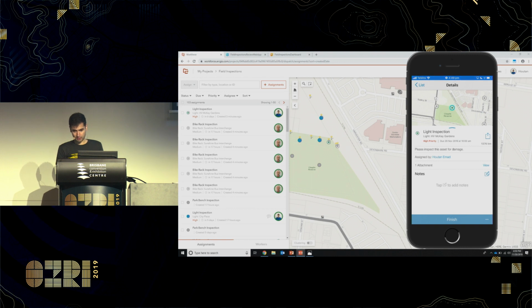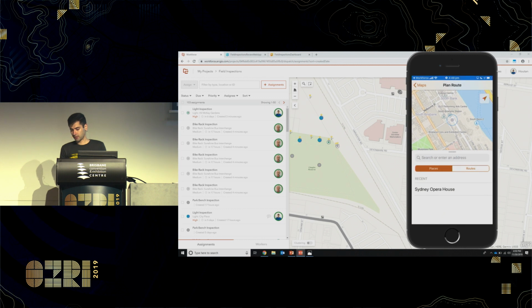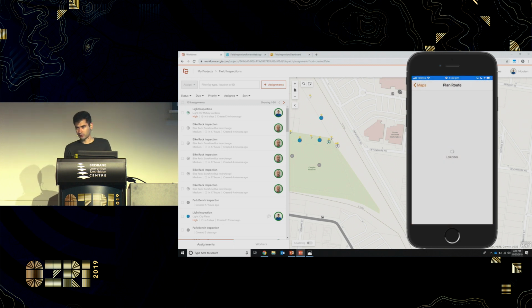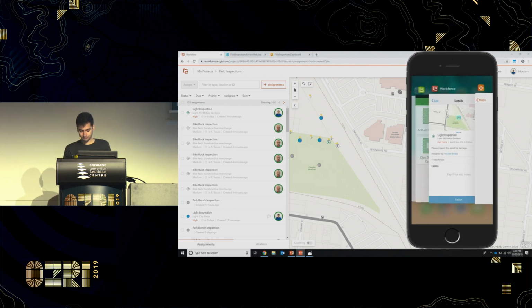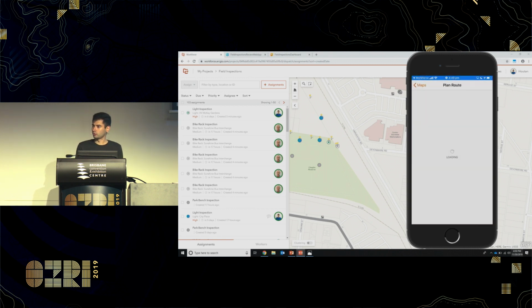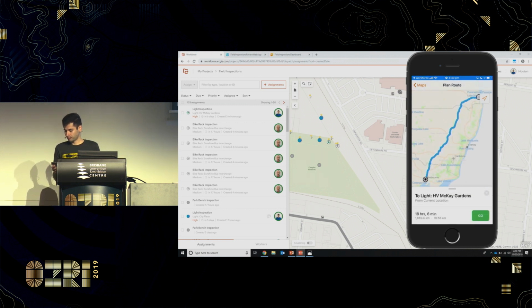So I'm going to hit this little square button and say Navigate to Assignment. What this does is it launches Navigator for ArcGIS, or tries to launch Navigator for ArcGIS. Let's give it one more shot. It will navigate from my current known location, if we have a good enough signal in here, to the assignment's location. There we go. And it says it's a cool 18-hour drive from here all the way down to Victoria. So as I hit go,